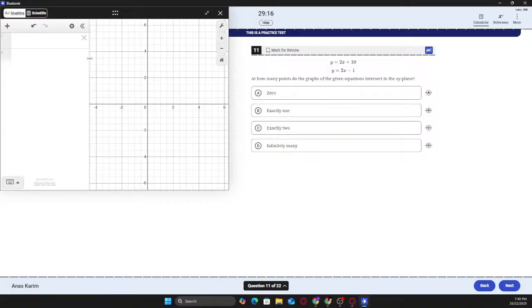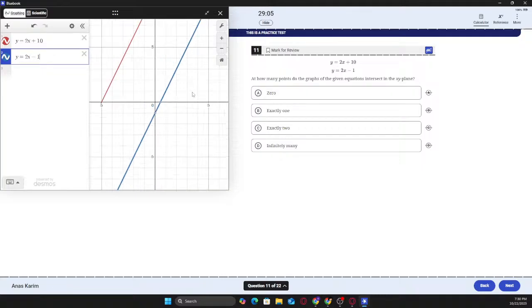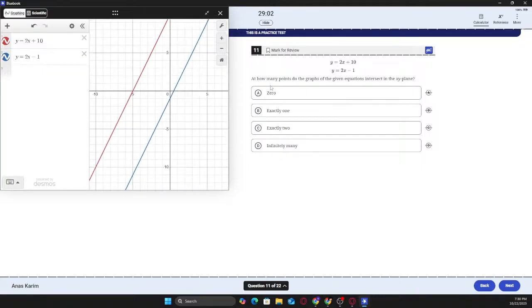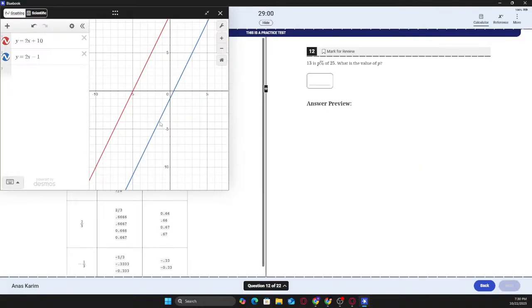What else? Y equals 2x. Okay, this is another case of just plotting them. So y equals 2x minus 1, right? They don't intersect, they start at different points. 13%, okay, so